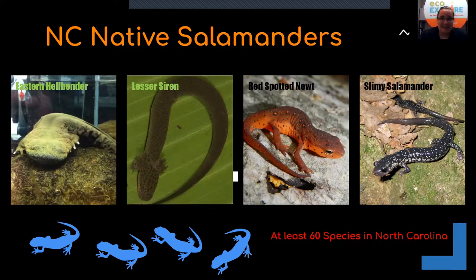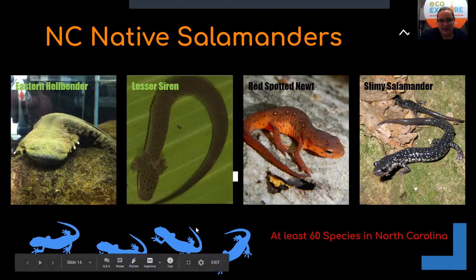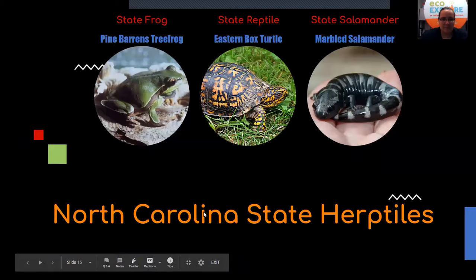And that second one that's called a lesser siren, it's kind of a weird one. Sirens are only found in North America, and you'll probably never see one. They aren't very easy to find, and they get that name because they kind of scream like a siren when they're scared. And then as well as those newts and those salamanders that we think of a little bit more than the other two. I know those slimy salamanders are pretty common around here. We have some just right outside the science center that we can go find down by our parking lot. So salamanders, super common in North Carolina. All right,